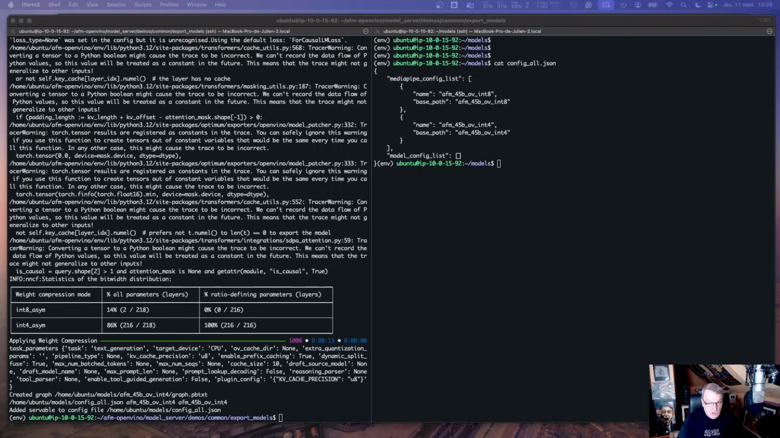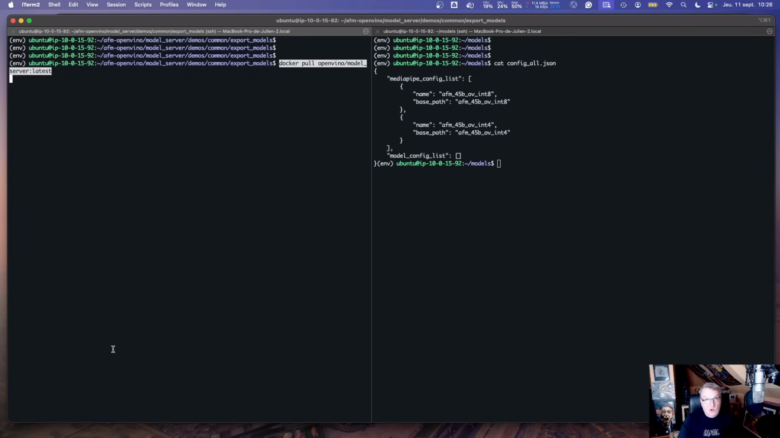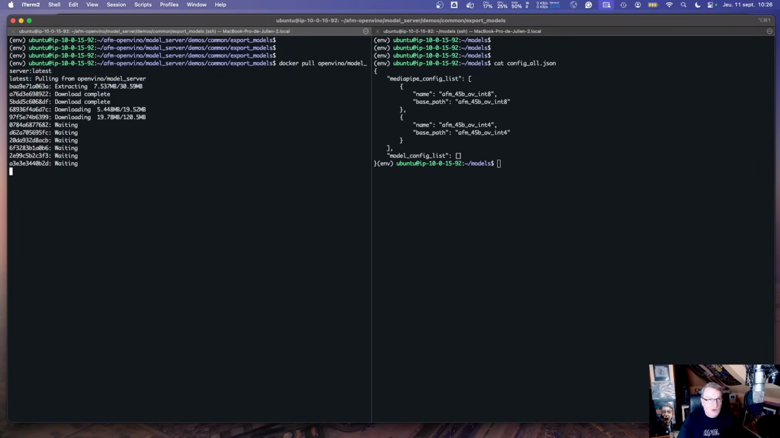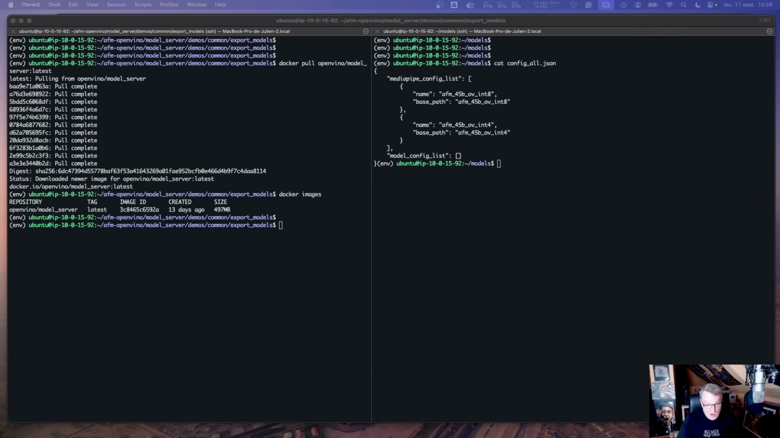Okay, good. So now next step is, why don't we grab the OpenVINO Model Server, and well, it's a Docker image, so we just need to pull that Docker image. It's not big. Okay, less than 500 megs, so pretty good. And now we can just run